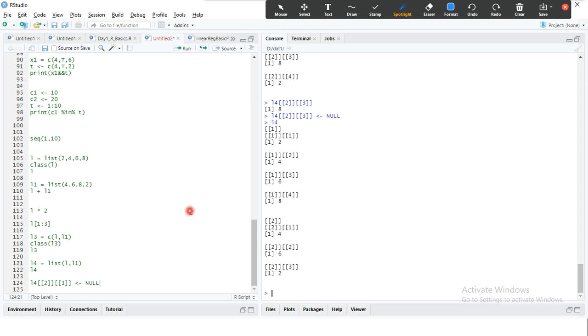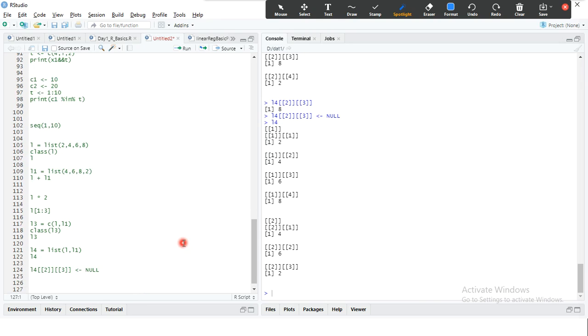When it comes to R, there is no del command available. Instead, you need to assign NULL. All the letters are supposed to be in caps. NULL states nothing. If you assign NULL to a specific element, it will become nothing. It will get removed.